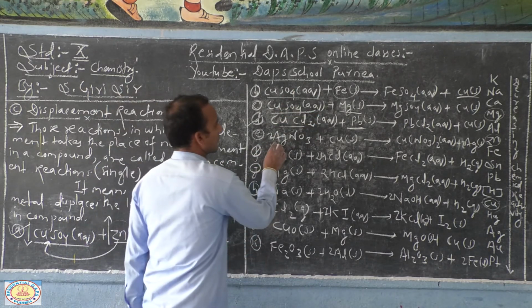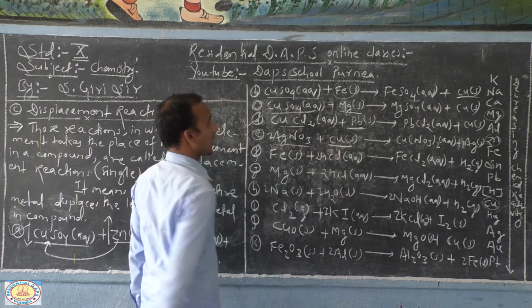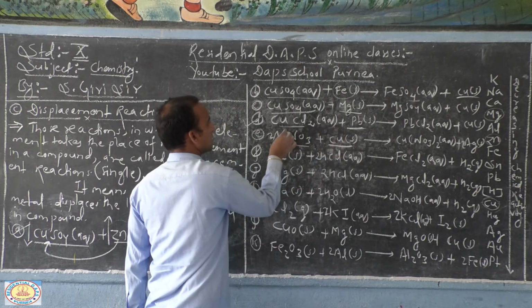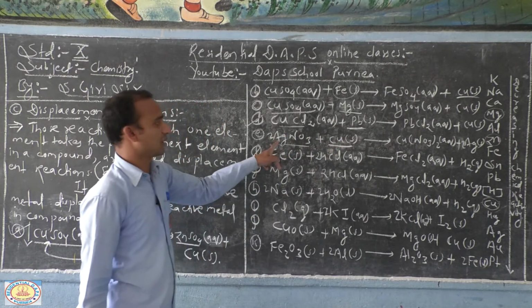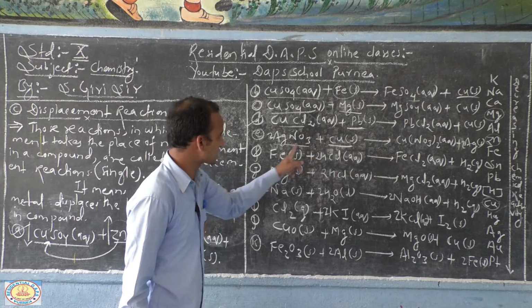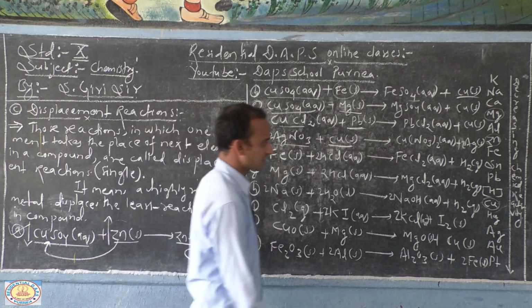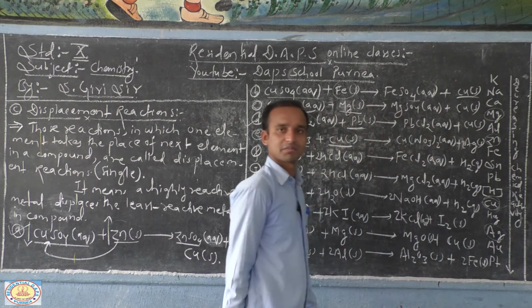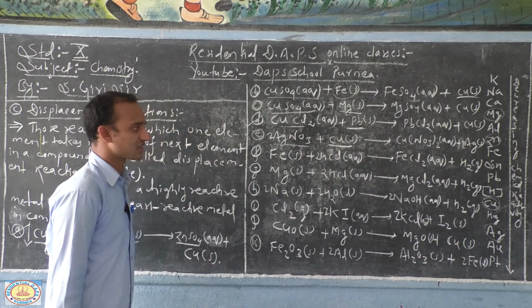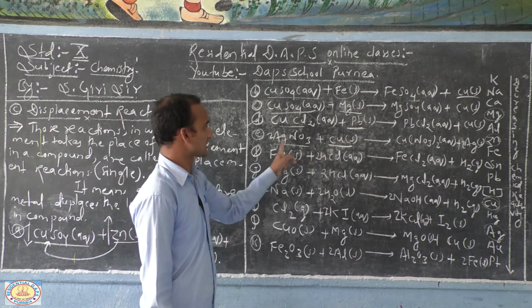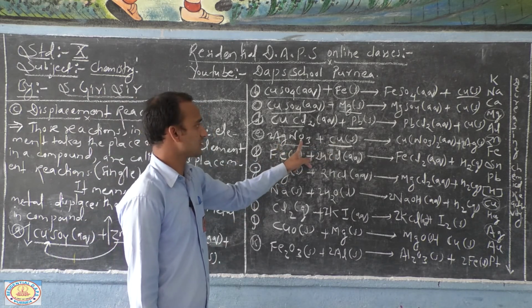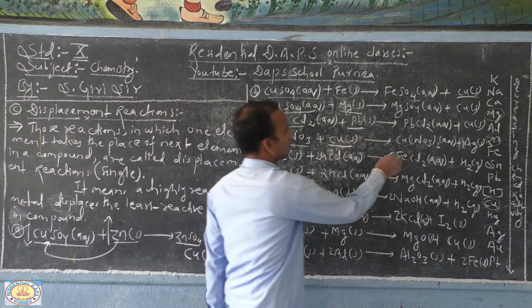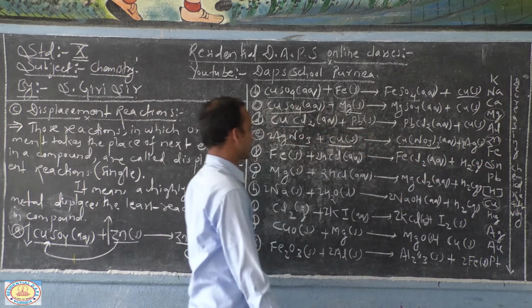Next, when you take silver nitrate with copper, now let us see, copper is a more reactive metal than silver. So copper now displaces the silver. Here you can see the silver position. Copper is here and silver is here. It means copper is more reactive than the silver metal. So copper is able to displace the silver from the silver nitrate solution, right? In this way, you will get the copper nitrate solution along with the silver metal.